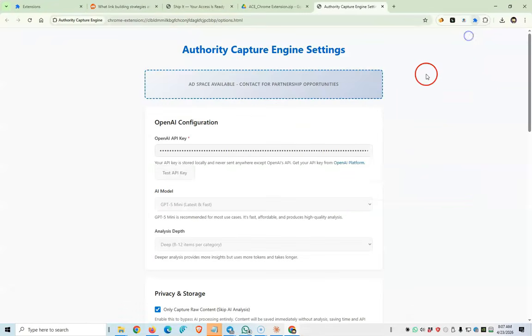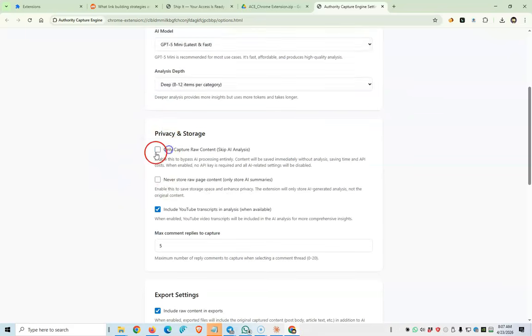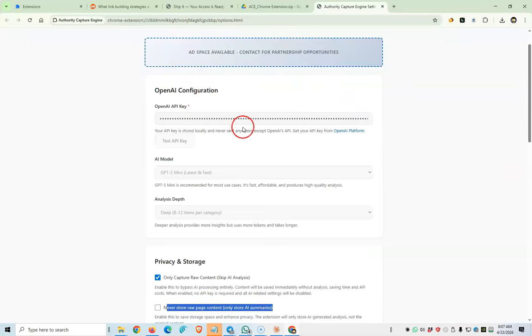Click the settings icon here to add your OpenAI API key if you have one. Alternatively, enable only capture raw content. Then you won't need an API key since it saves only the raw text. In these settings, you can also choose to store only AI summaries to save space and set the maximum number